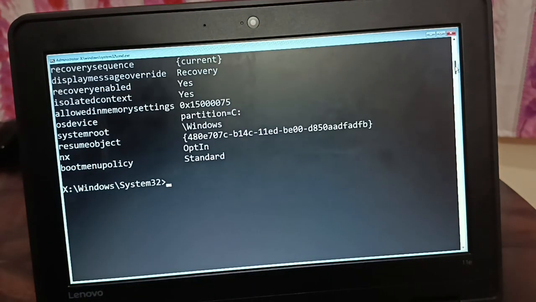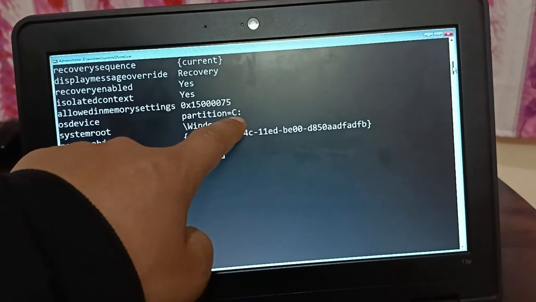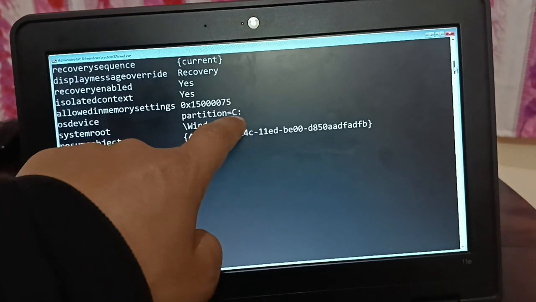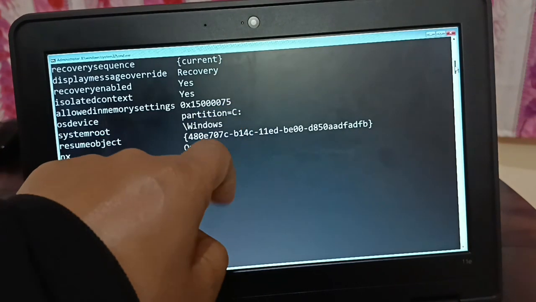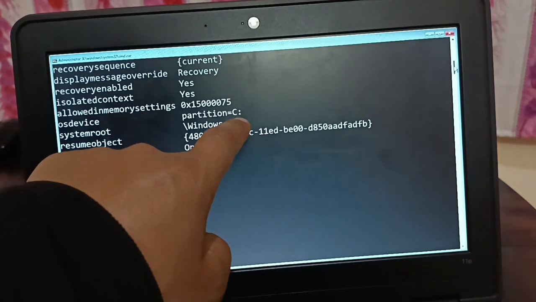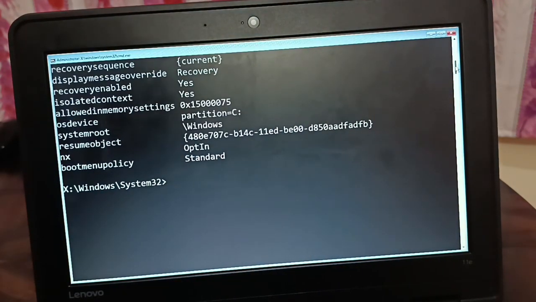This kind of error occurs because we are missing the boot files. So we are going to create the boot files in the drive where exactly we have our operating system. Whether it is the C drive, E drive, G drive, or H drive, whatever your drive is, you're going to create those boot files over there, in the drive where you have the operating system. So what we're going to do over here,